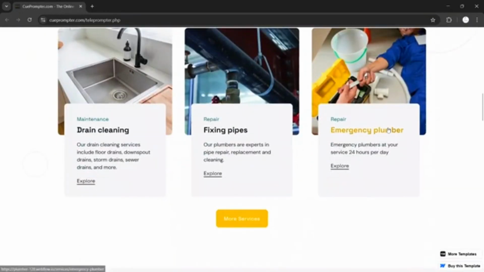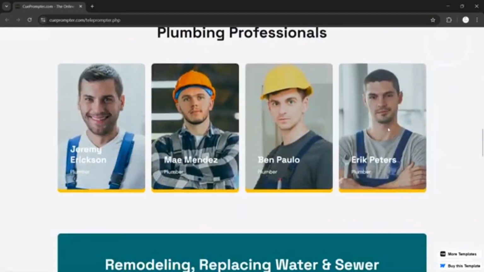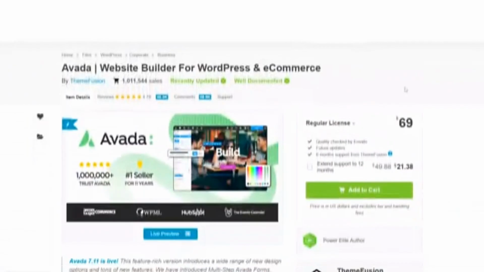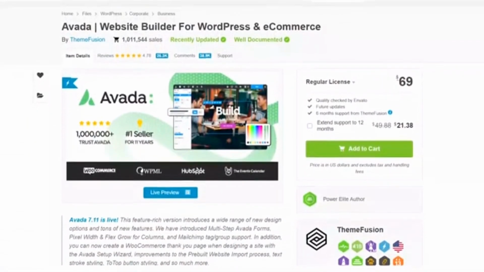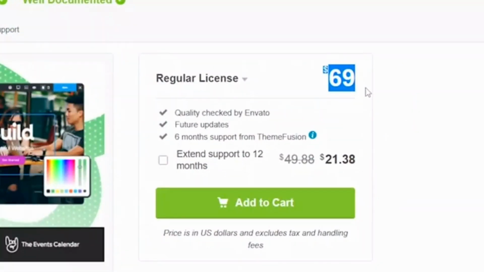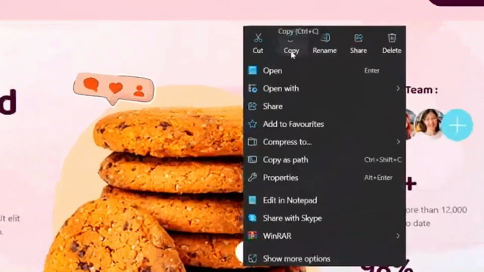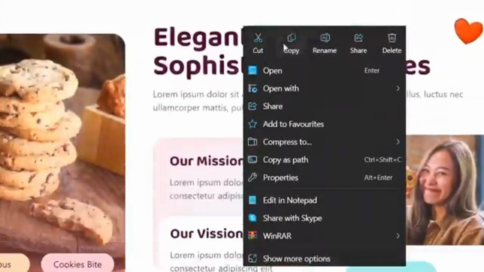I've been working with it for a while now, and one issue I've always had with it is that WordPress themes can be super expensive. But what if there was a way to clone any website in WordPress for free by just copying and pasting